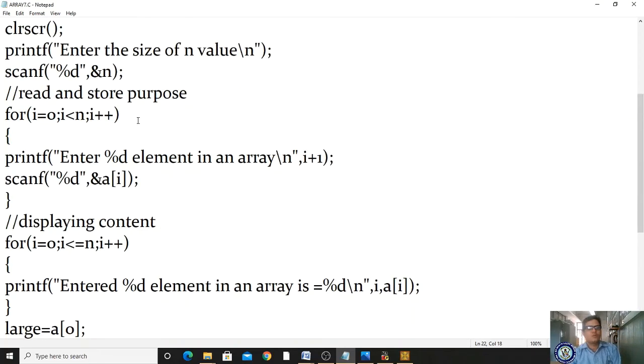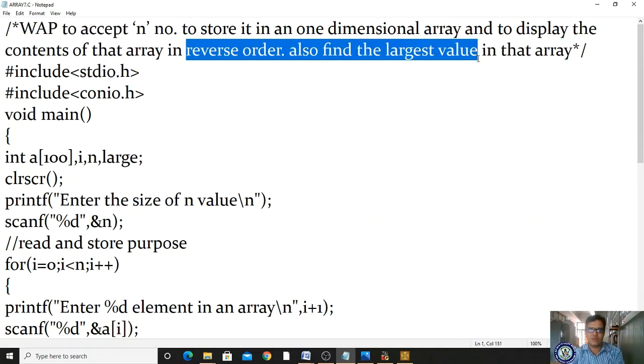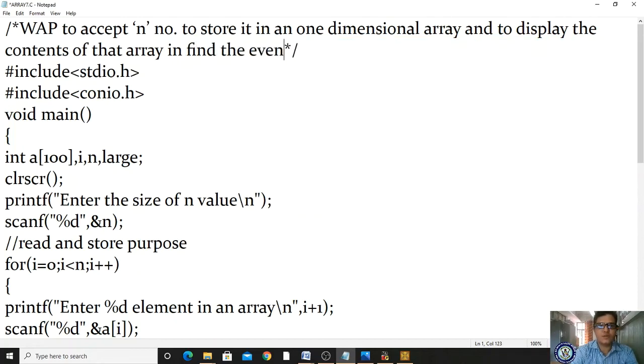So we have to enter n numbers and store them in a one dimensional array, not in reverse order, display the content of the array, and find the even or odd numbers in the array. Okay, that's it.